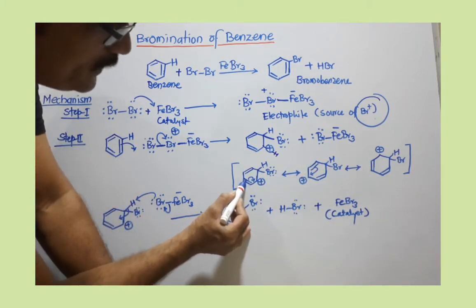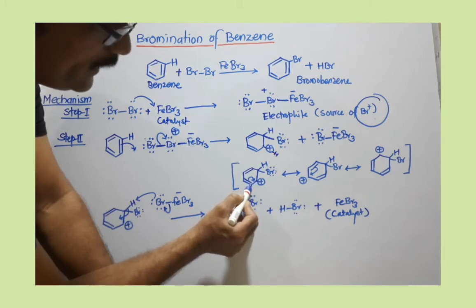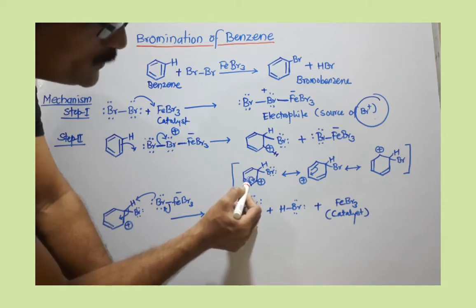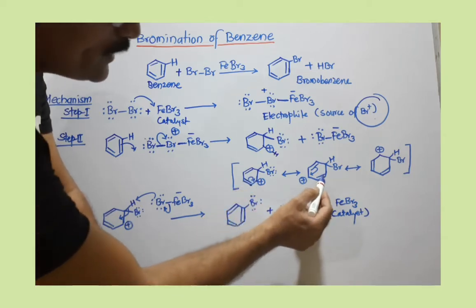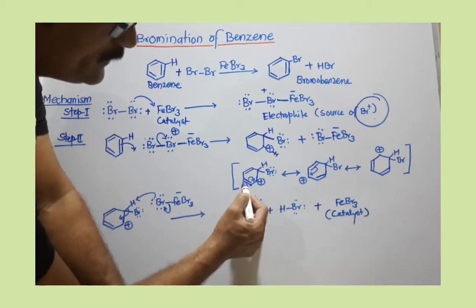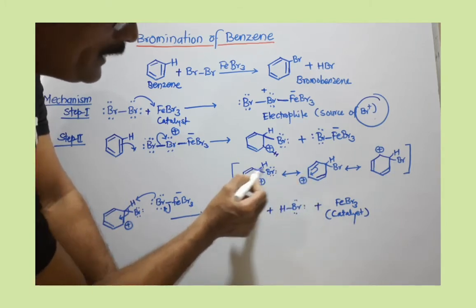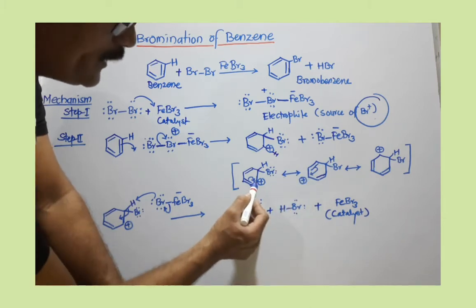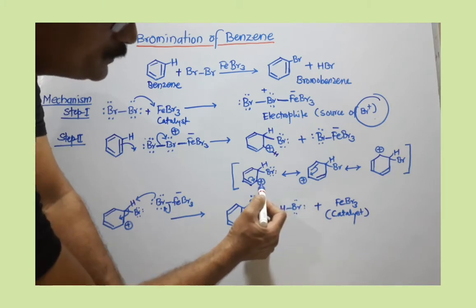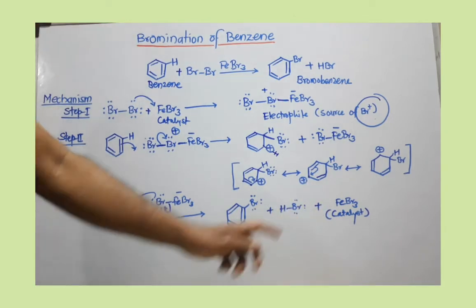You just have to shift the adjacent pi bond at this carbon to in between these 2 carbons. If you move it, which is shown by this curved arrow, you can see that the pi bond is completely shifted from this side to this side. If you do that by keeping this pi bond as it is, you can see this kind of structure developed here at this carbon. So the positive charge is delocalized from this carbon to this carbon. So you can see here.